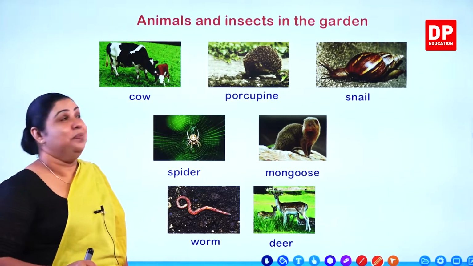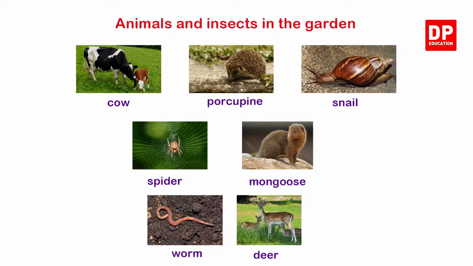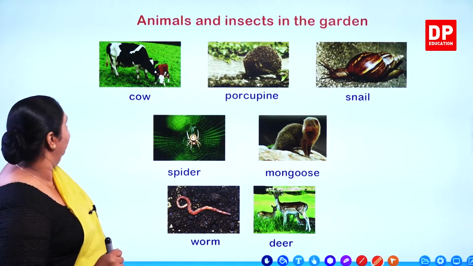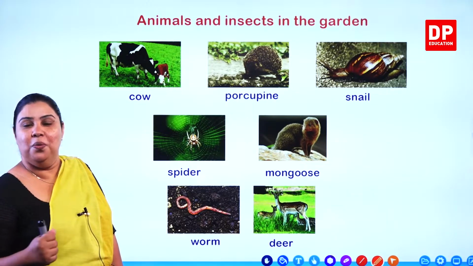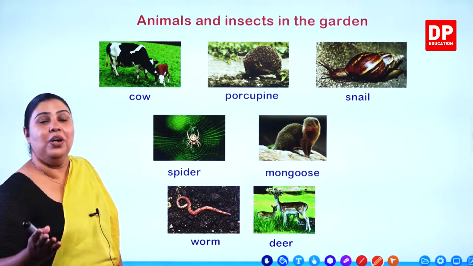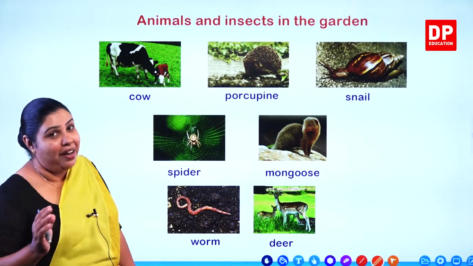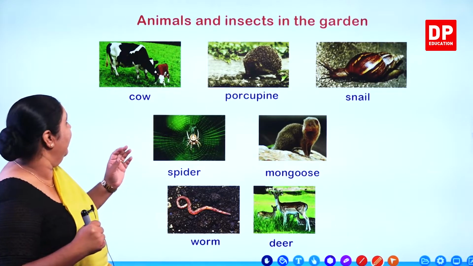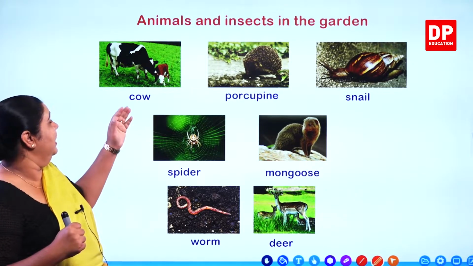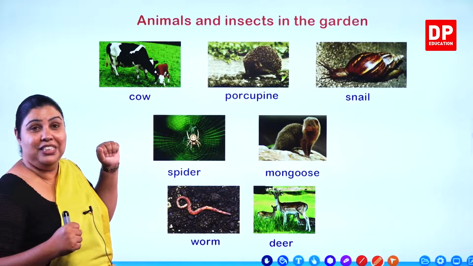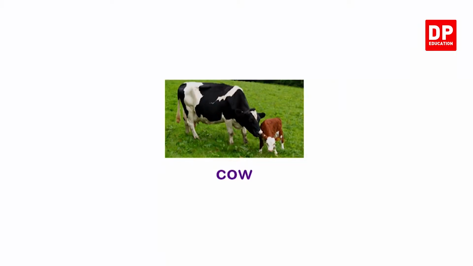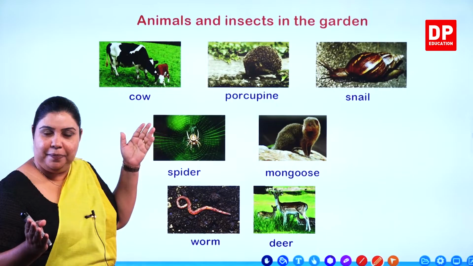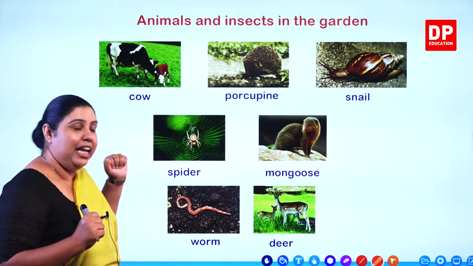Now here, see. These are some of the other animals who come to our garden and who sometimes stay in our garden. Now look at the first one. Oh, it's a cow. Cows. Cow comes to our garden. Some of you have cows at home. They give us milk, right? So it's very nice to see the mother and the little baby calf. Can you see the picture? So it is the cow. C-O-W, cow.